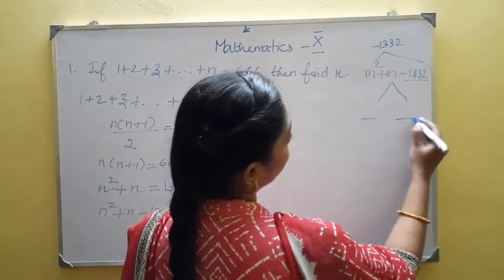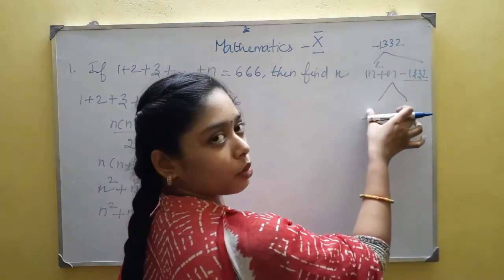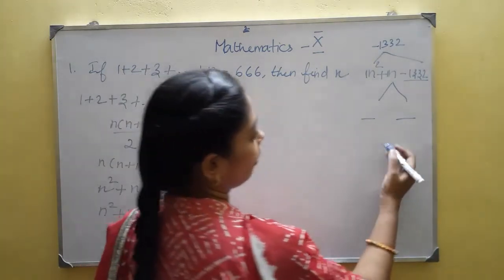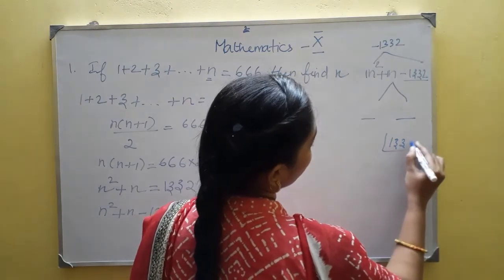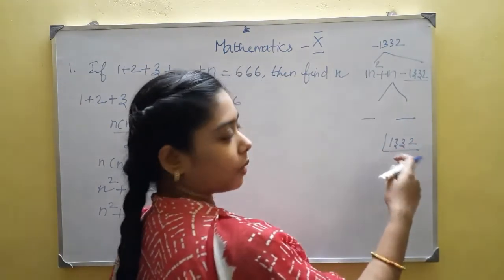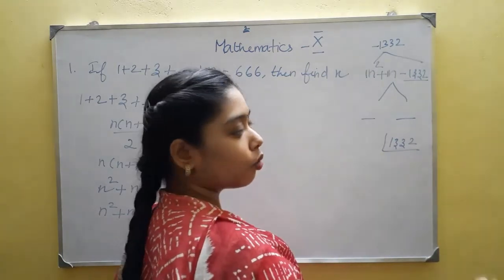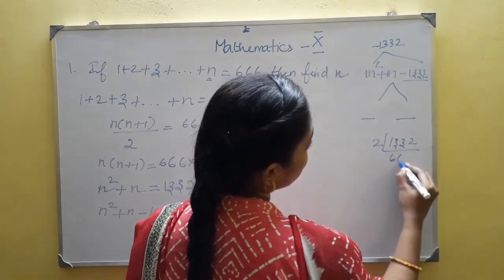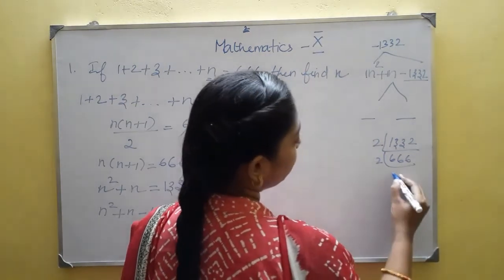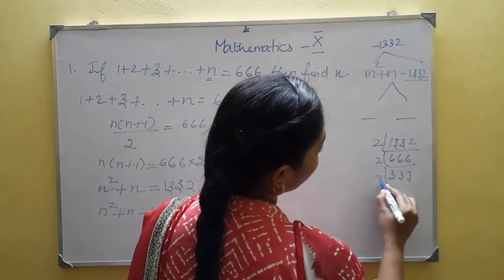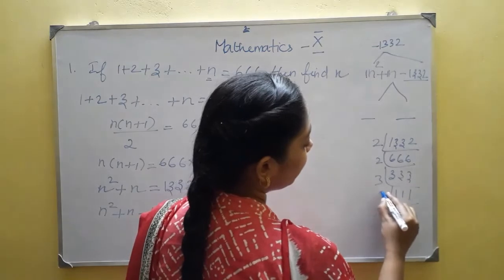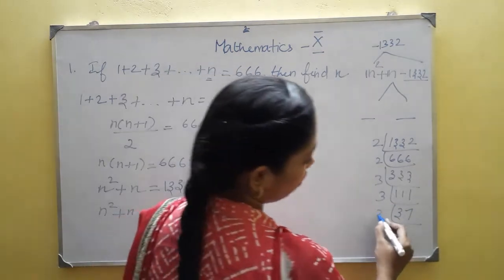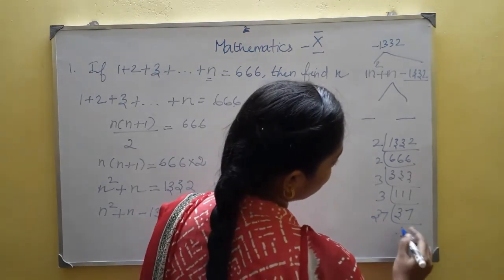You want to find two numbers whose addition gives you 1. If you multiply the two numbers, you are supposed to get minus 1332. You want to find such two numbers right now. So I am doing prime factorization for 1332. This is an even number, ending with 2, and all even numbers end with 0, 2, 4, 6, 8. So here 2 times 666, 2 times 333, then 333 divided by 3 gives 111, divided by 3 again gives 37. 37 is a prime number, so 37 appears 1 time.